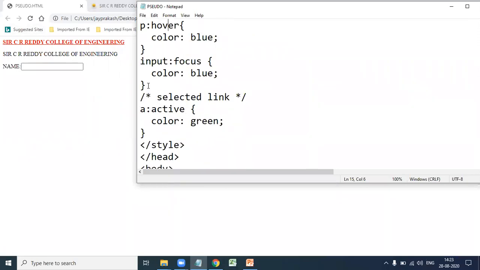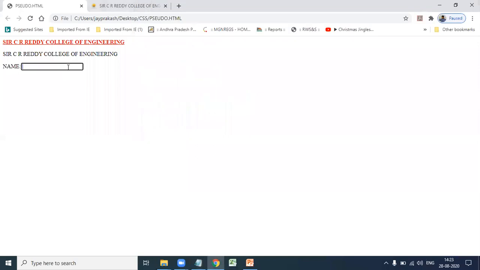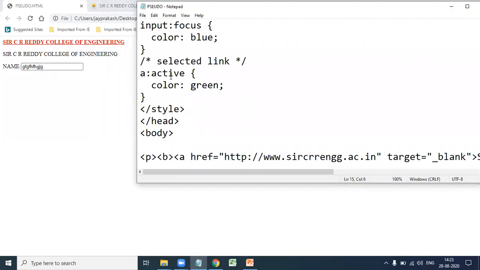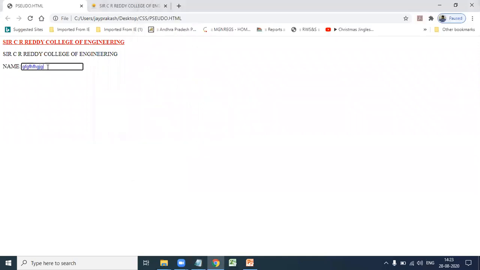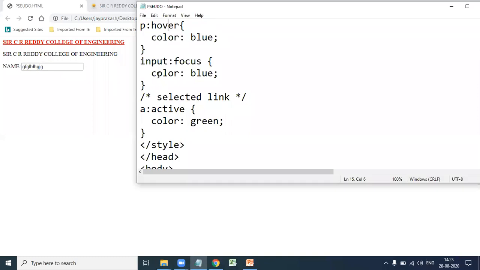Next, if you add input through the keyboard, here name, I give the input type equal to text. So I give text through the keyboard. Here input:focus is in blue color. Are you able to see here name, that is input type equal to text? When you give input through the keyboard, it is represented in blue color. Why? Because here we give input:focus color blue. Focus means when you give input from the keyboard, we apply whatever style is given here.